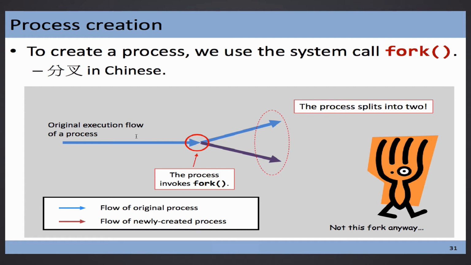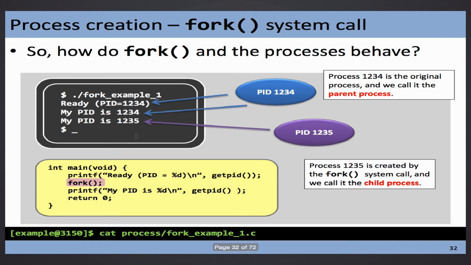So this fork means what? At that particular moment, you call that system call. Originally, you are the blue guy. And suddenly, you create a purple guy using that fork system call. Go home and try to use this fork system call by changing this code. This code is already provided on GitHub. You can download it and try to modify it.